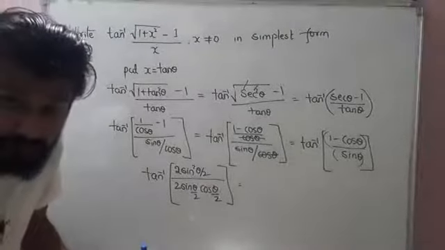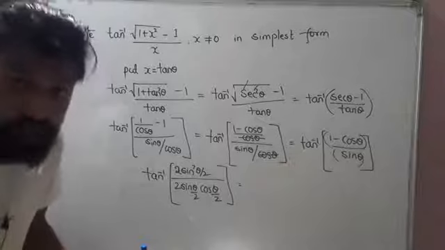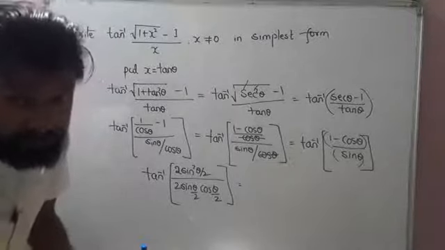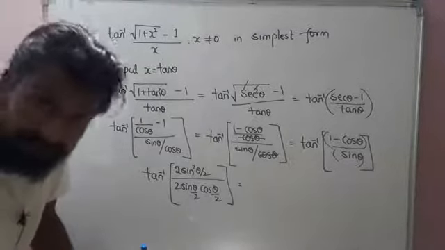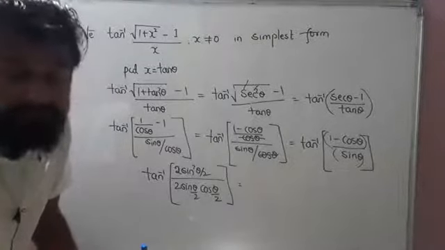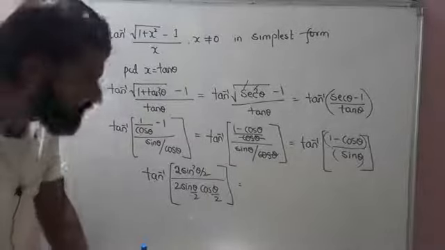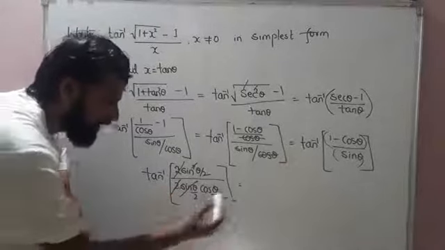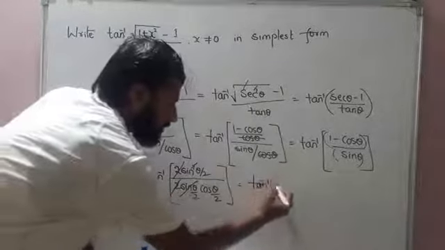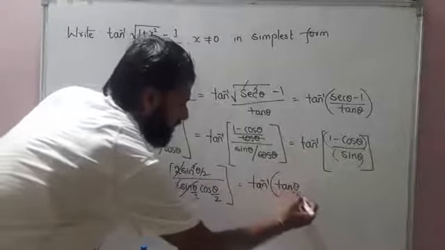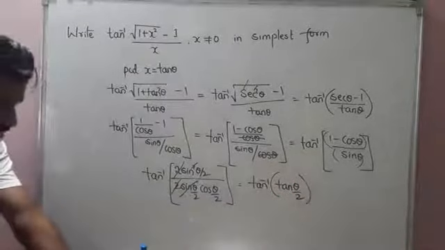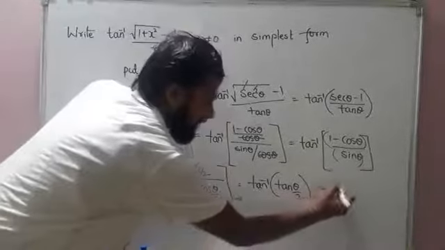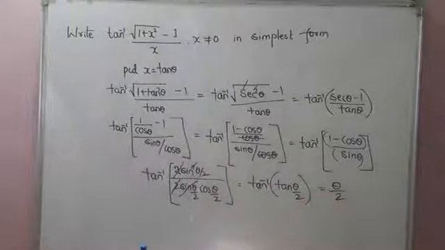I told you in the last class also, you need a lot of trigonometric formulas first to solve the inverse trigonometric problems. So please get that list of formulas so that it will be easy for us. So now you can see 2 cancel each other, 1 sine and 1 sine cancel each other. I'll be left with tan inverse of tan theta by 2, isn't it? Because sine and cos will become tan. So now you can see tan inverse and tan cancel each other. You'll be left with only theta by 2.